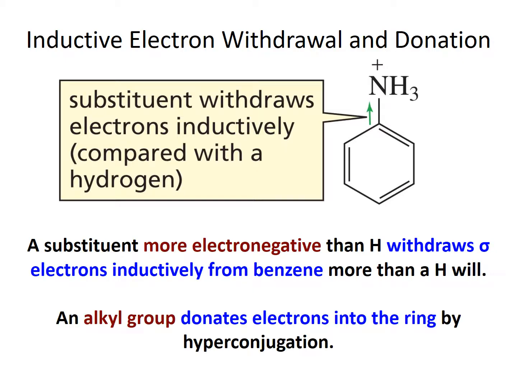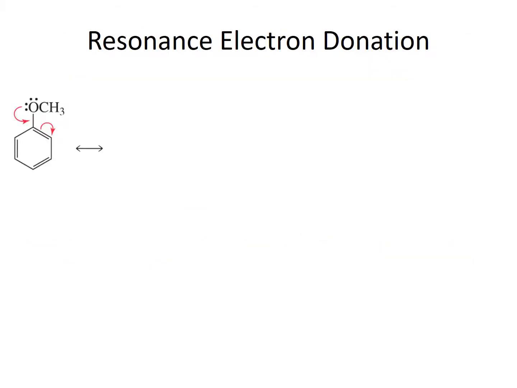An alkyl group is one of the exceptions in that it will donate electrons through the process of hyperconjugation. Having an electron donating group allows you to draw resonance structures using the lone pair to extend into the ring. You should be able to draw the resonance structures for this picture with the arrows, as well as the several